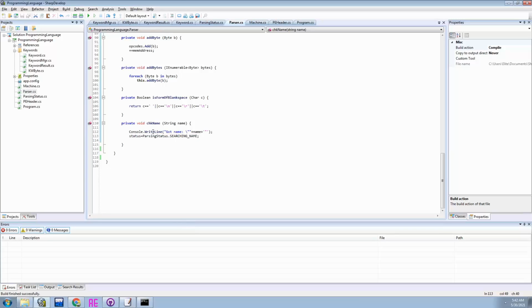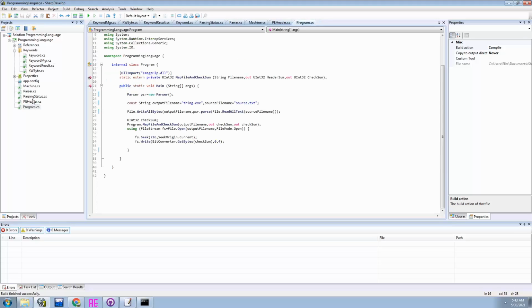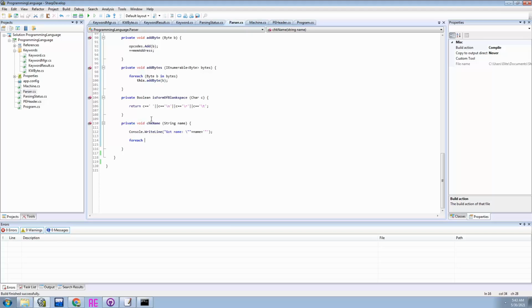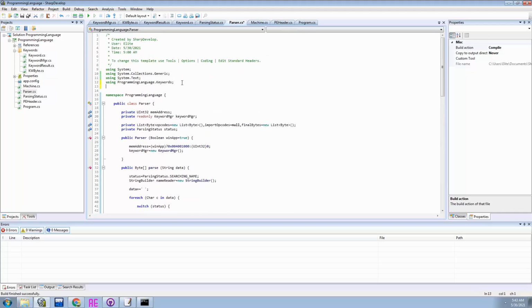Where was I? What you have to do now is go ahead and create a for each loop, and we'll get rid of this because we'll be updating the status through that now. But what we're gonna do is create a for each loop and loop through every single keyword in this keyword manager get keywords. Except I did lie about that, because go ahead and import system.link,